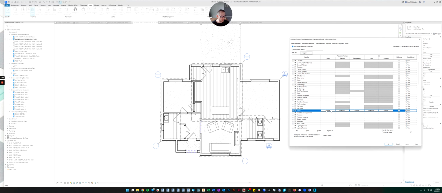If you come to floors, over here on the edge, there's a little column that says halftone. Let's click that checkbox and click apply. And now it will make everything gray. All the floors will be gray, so now they don't stand out as much.